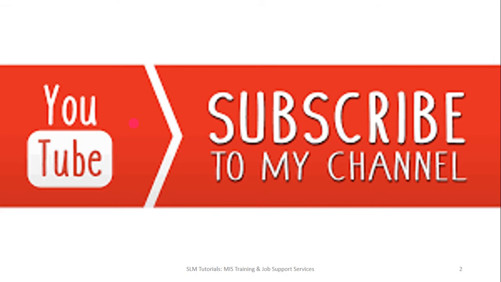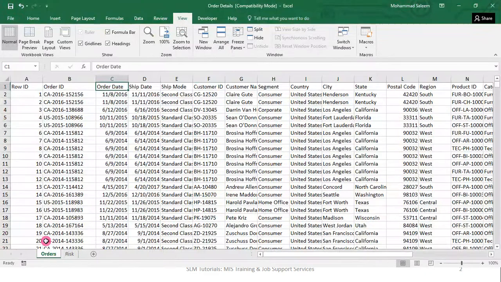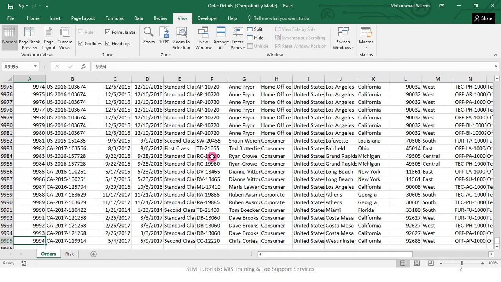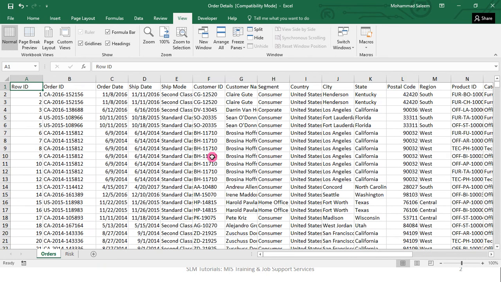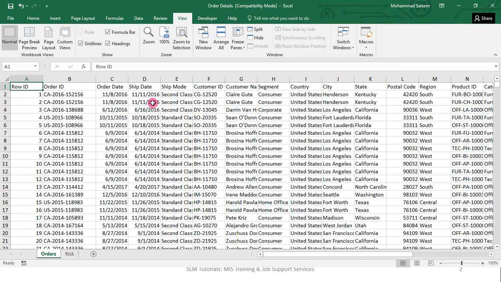So for an example, this is the large order data I have, where you see approximately 10,000 rows, and I have to check how many columns. Maybe 21. You see here, 21. So when you work on a large data,